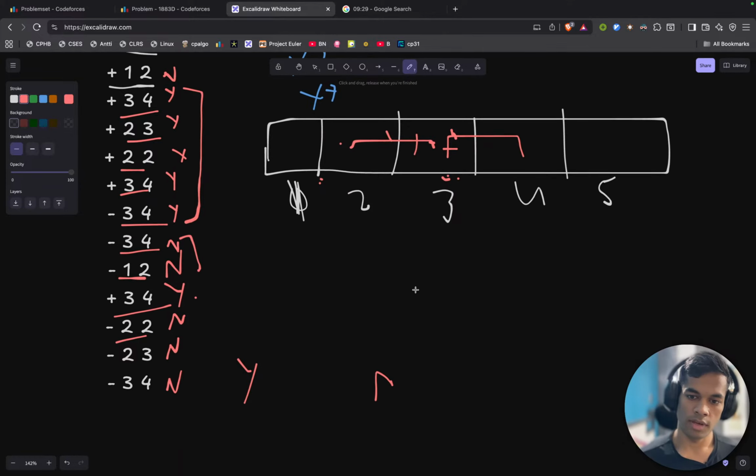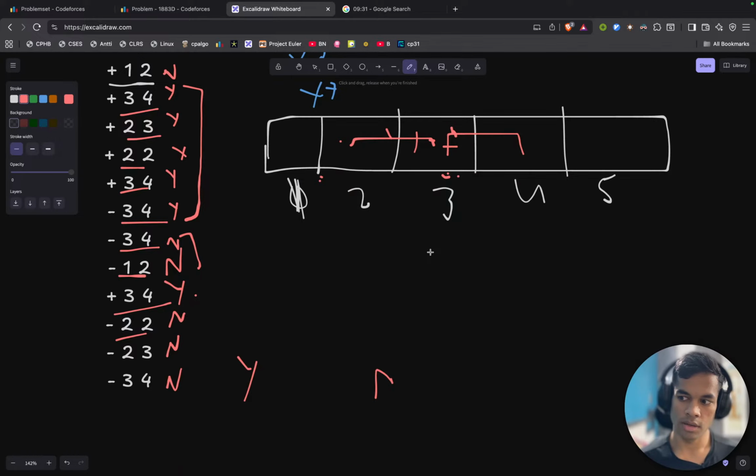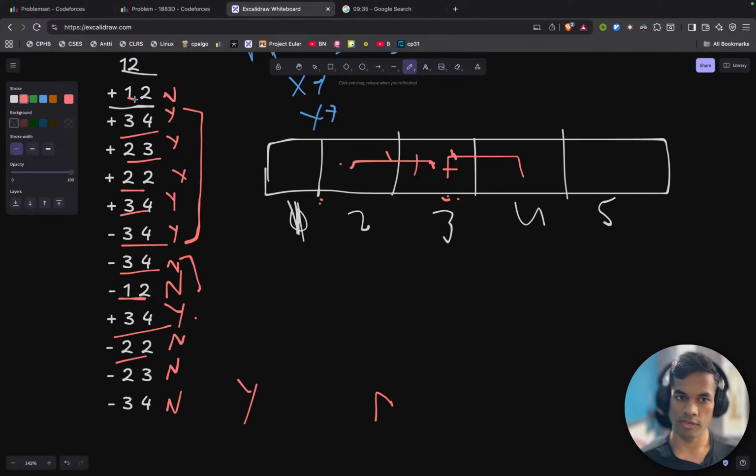Okay, if we keep a set of pairs where the first element is this and the second element is this,